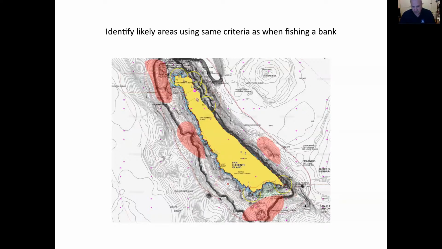These are areas where there's very hard bottom, and that associates with pinnacles and other things. That's the biggest difference with fishing islands, is that you're going to be fishing rocky, pinnacle-y areas, which fish very differently than banks do. So whereas in the Santa Monica Bay, we had a huge bank that had small areas,